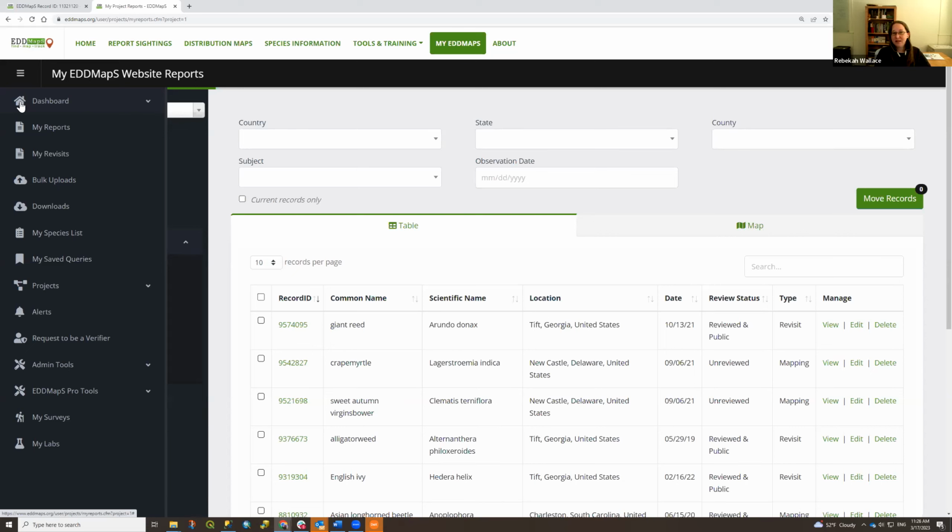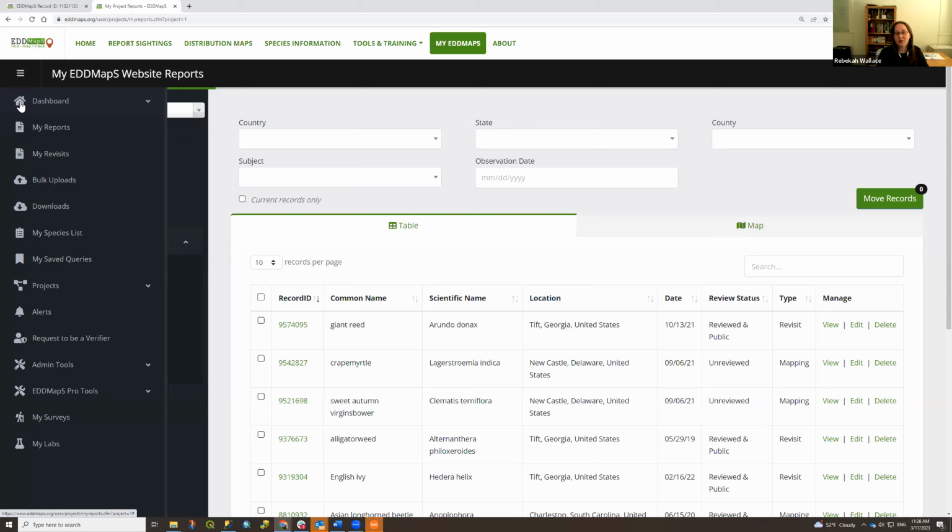The app is free. But we talk about it in that way that it's for professionals because there are a lot of features that are designed with professional use in mind rather than a casual observer. The main thing that a casual observer is probably going to use compared to a professional who has a defined work area and potentially a defined species list is EDDMapS Pro does not have a field guide. The EDDMapS app does. That's kind of a big defining difference between them.